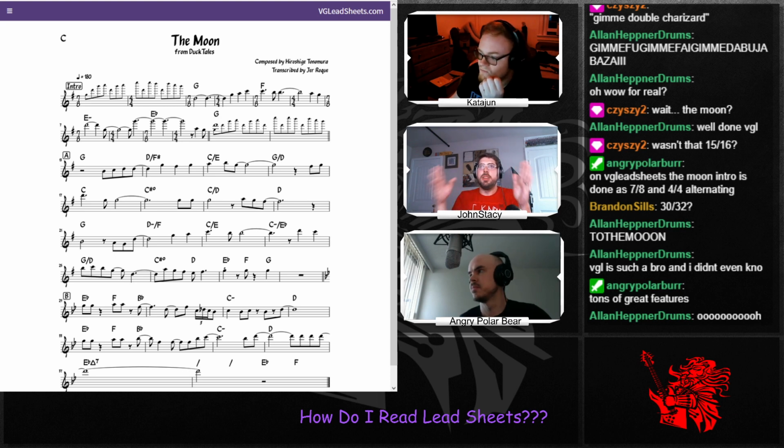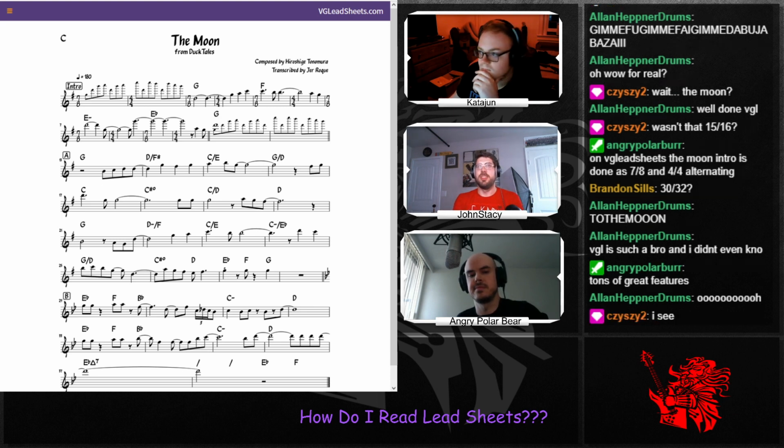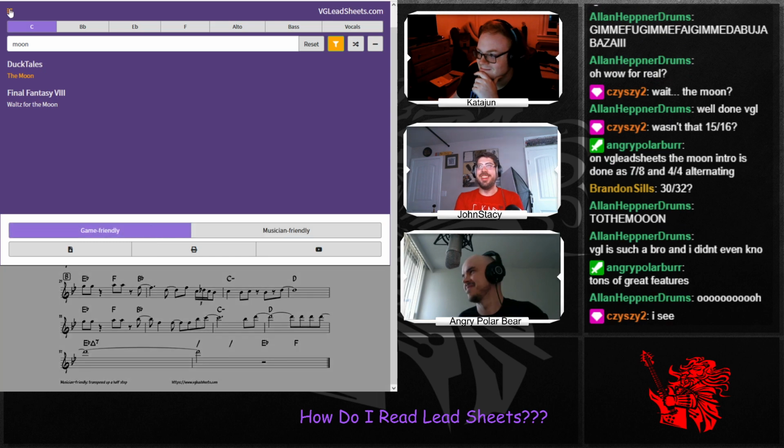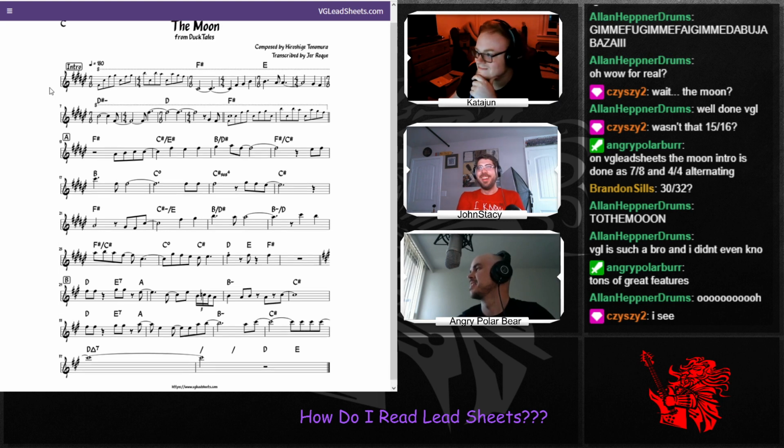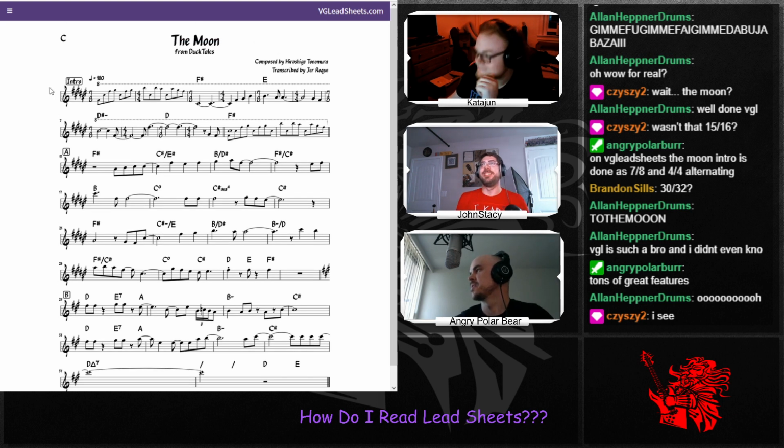But then all of these eighth notes were 16th notes. All of these quarter notes were eighth notes. And it just ended up being obnoxious to read. So that's a VG lead sheets thing, that they'll try to make it a lot easier to read and a lot easier to play, even in the key of F sharp major. And that's one of the neat things I think about lead sheets as a concept,